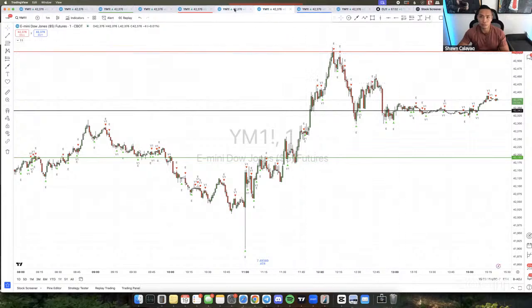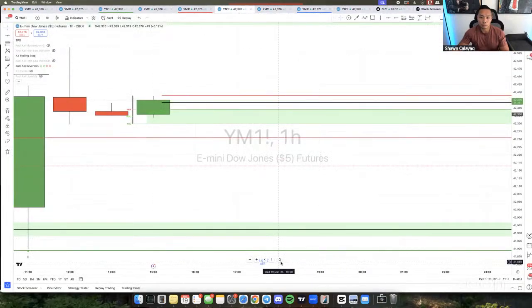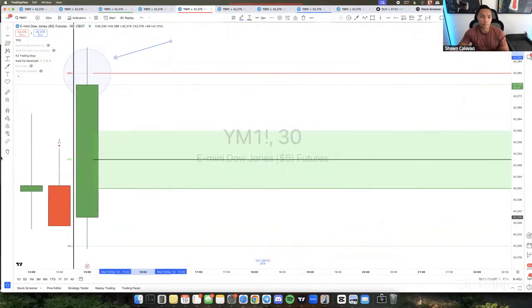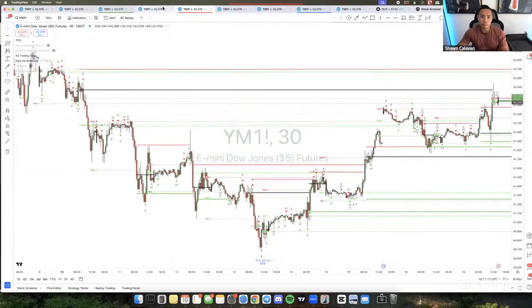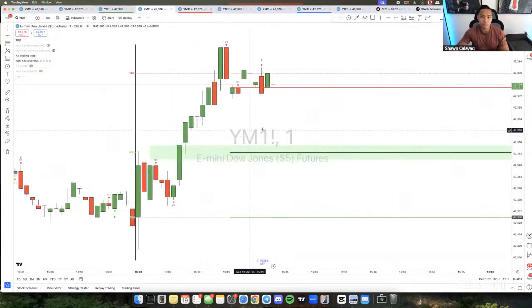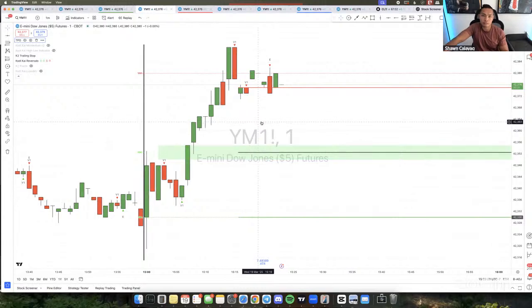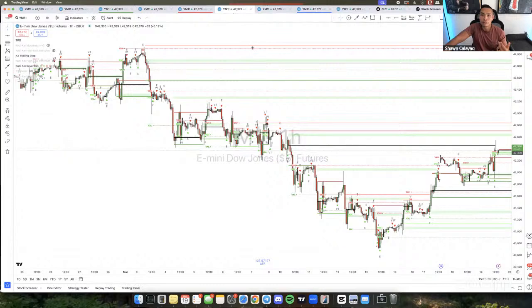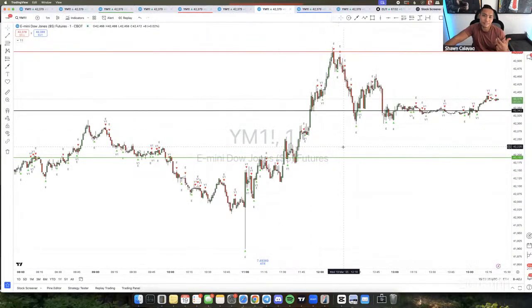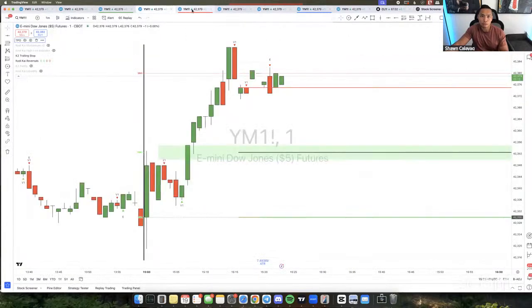So I use volume profile, I use market profile on the 1 hour, market profile on the 30-minute, and also market profile on the 1 minute, right? These are all different tools. When I use these tools, I try to find as many confluences as possible, because if I'm getting a confluence on the 1 minute, 30-minute, 1 hour, and also volume profile, it's a no-brainer. It's like, okay, take a sell here because you're getting rejection points on the top end on all time frames, or you're getting a rejection on the bottom end. So that's what I use here for the profiles.